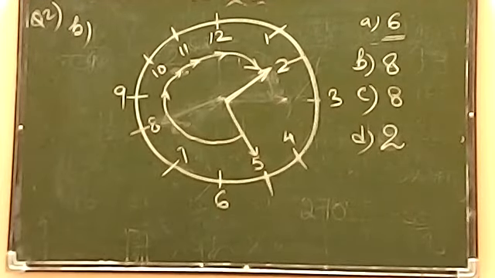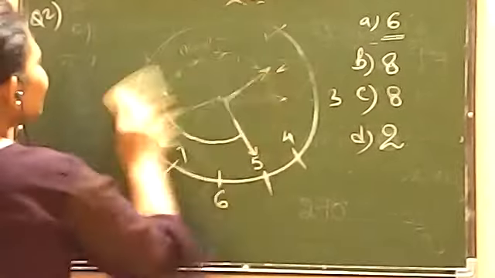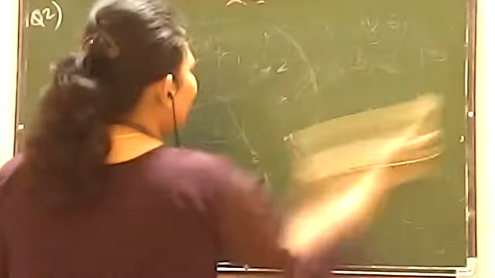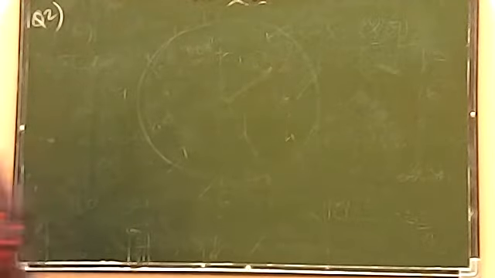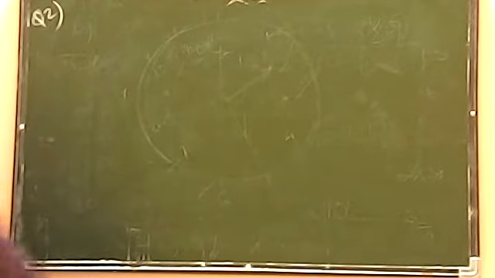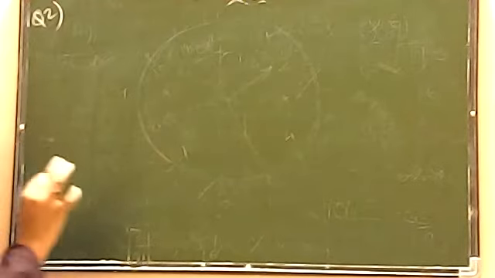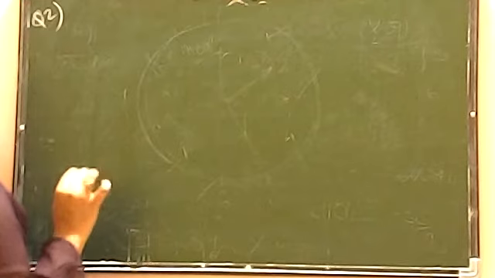So we are going to discuss question number 5, which I have given the homework to my students, and I'm going to cover that part in this recording only, so that we will have all the clock based questions in one video only. Okay. So let's understand question number 5 with the help of this figure. So question number 5 says that find the number of right angles turned through by the hour hand of a clock when it goes from.